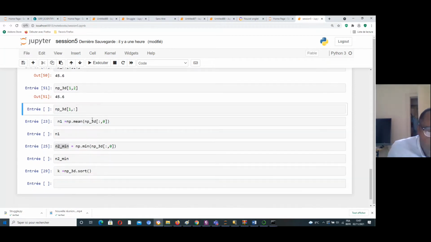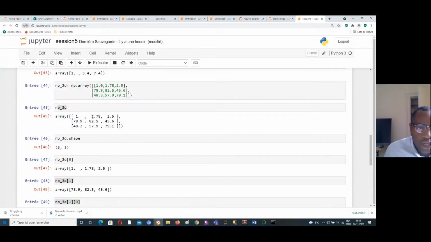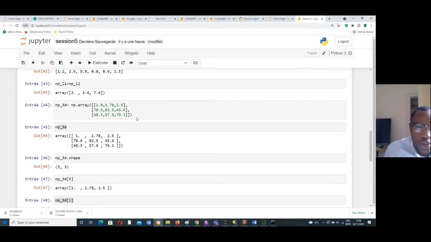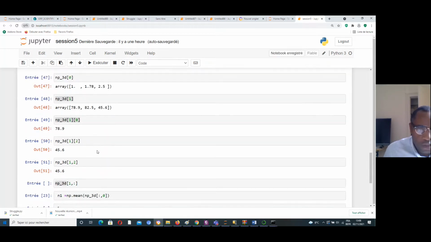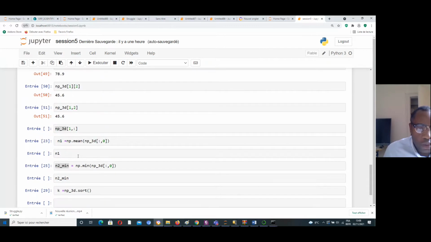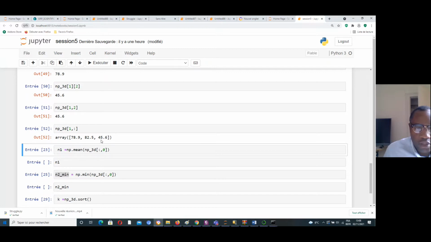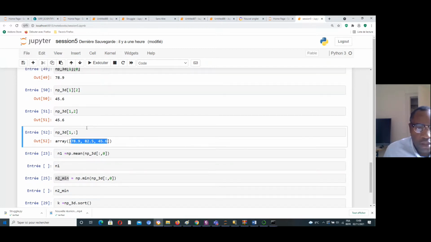I need to print the first element of this list, but don't forget, here is the list. We need to print just the first element of this list, so we can write like that and execute, and we get the first element.